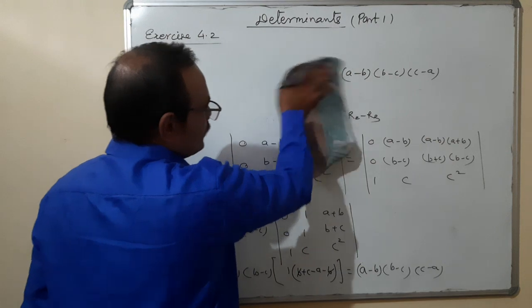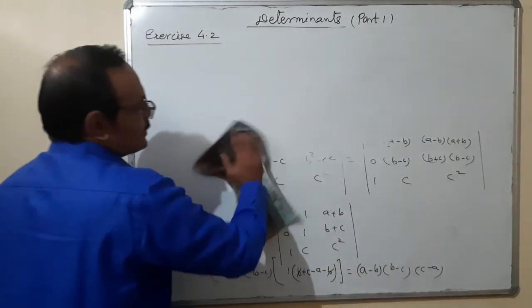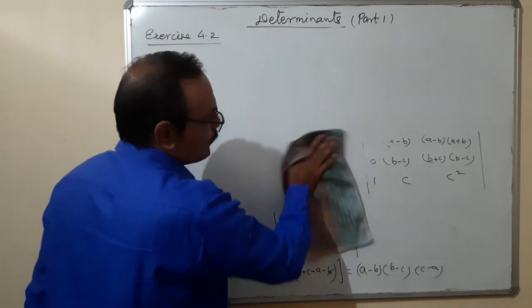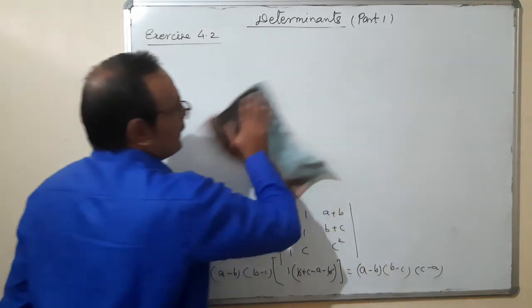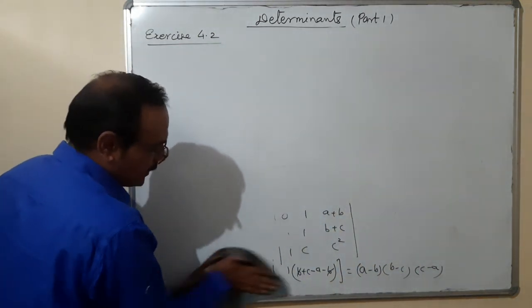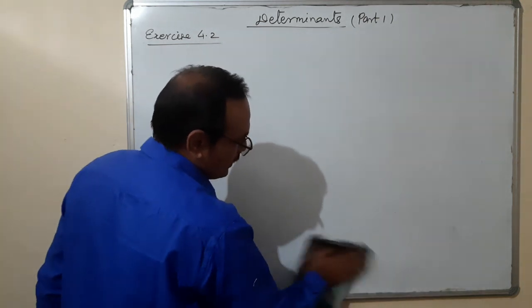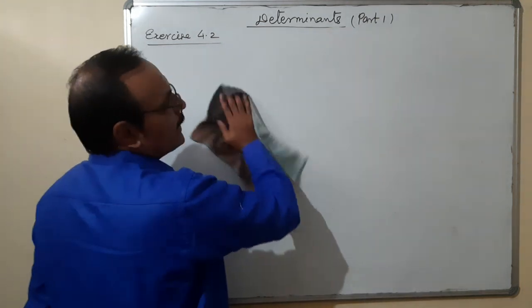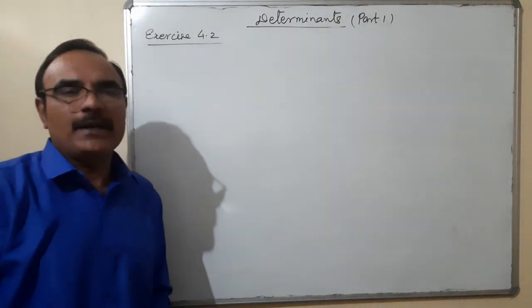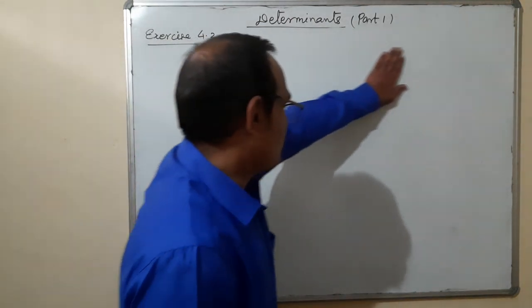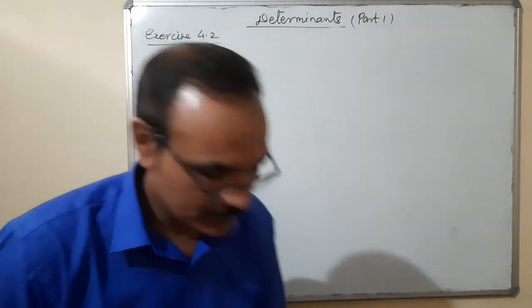Here I think I did not tell you one thing: in a determinant, if you want to take any element common, it should be taken common from any one row or one column. By the way, in a matrix, if we multiply by an element, that number is multiplied to each and every element. But in a determinant, multiplying by a particular element means it is multiplied to any one of the rows or any one of the columns.